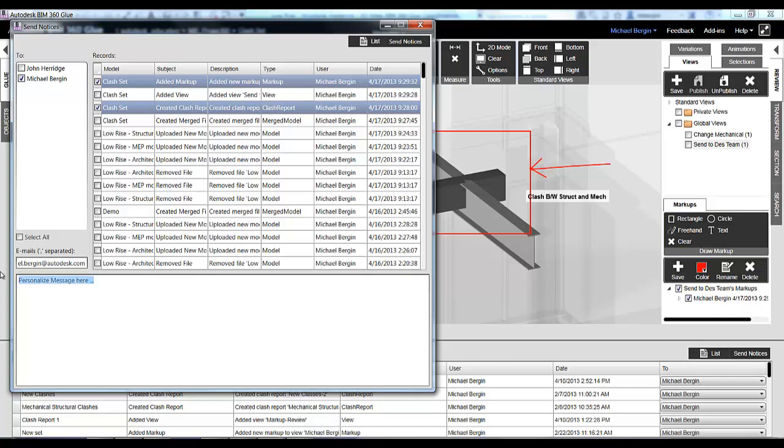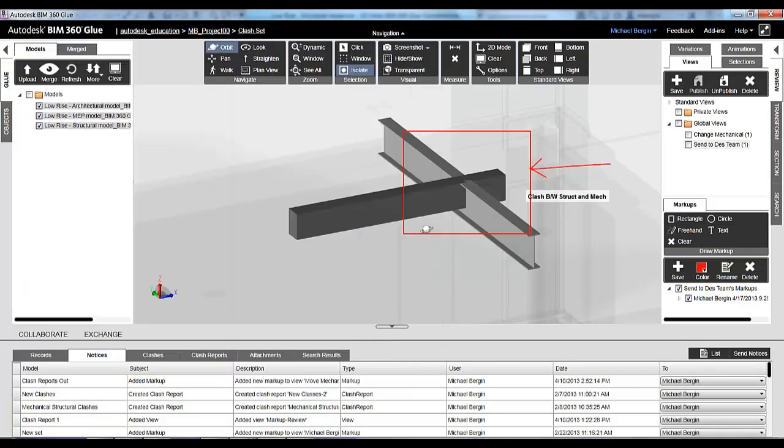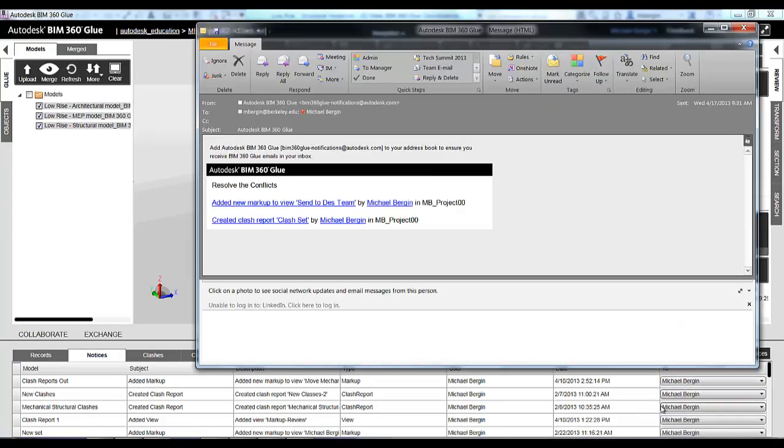And also give some brief information. Now this email is going to end up in my inbox, and there's going to be a link that has been created that will take me exactly to this point. So you can see it happened instantly. So now I have added new markup to view, send to design team, and then the clash report called clash set. So clicking on this right now,